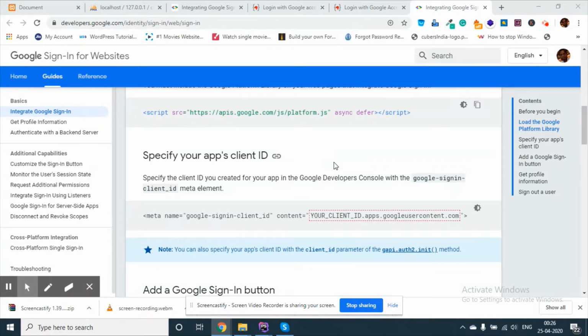or authentication with Google with the help of PHP. You might have noticed in many websites use the login with Google, login with Facebook. So we are one of them, that is login with Google, we are going to implement. So I will show you just a demo so that you can understand what we are going to make.